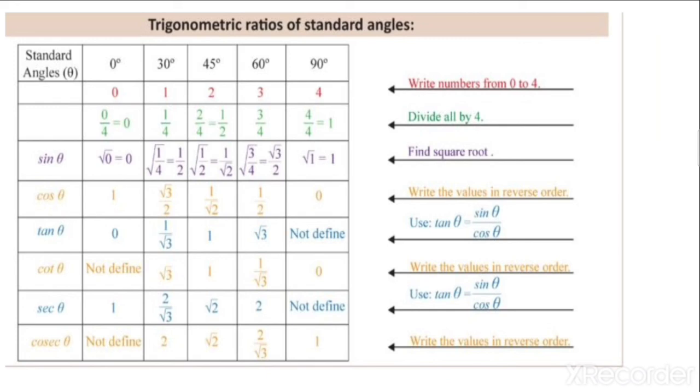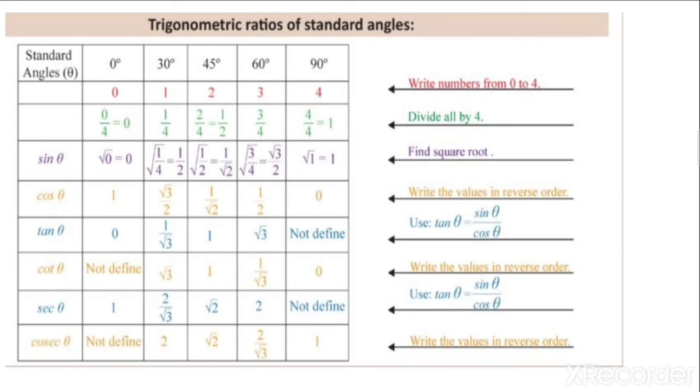We have the 6 ratios over here and the standard angles I have taken. Now simply what you do, from left to right, you just number it 0, 1, 2, 3, 4. That's it. Now once you wrote, just below 0 degree write 0, 30 below write 1, 45 degree below write 2, 60 below you write 3, 90 below you write 4. Done. You will take a little time to write 0 to 4.